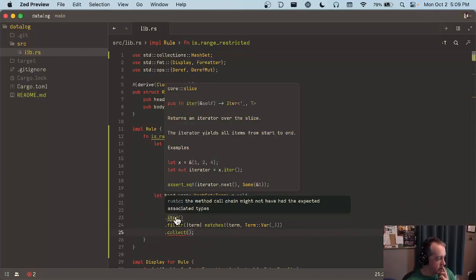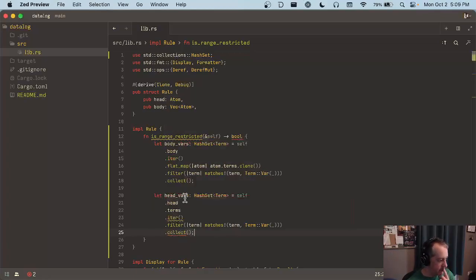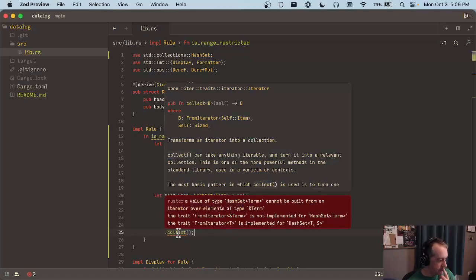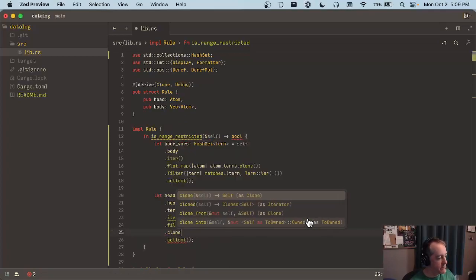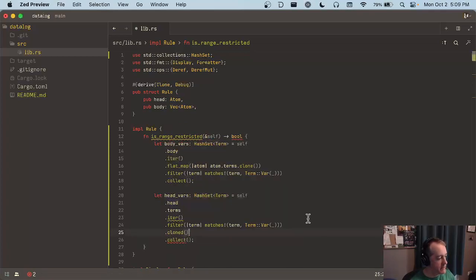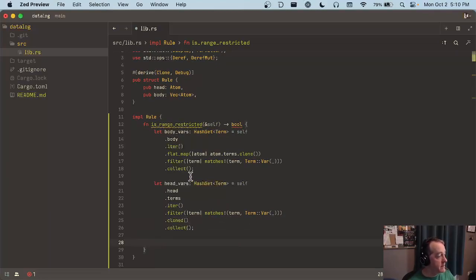Yeah. So this iter yields references, and we're trying to collect. Yeah. So we need to add the dot cloned here. But the nice thing here is if we put the cloned at the end, right before we collect, we're not cloning before we need to. So we're only cloning the vars. Okay, so now we just need to say,